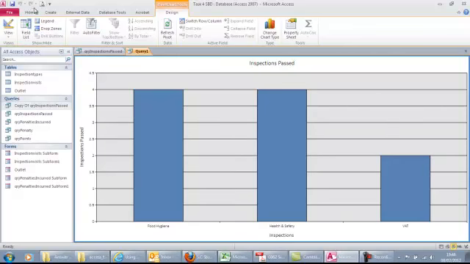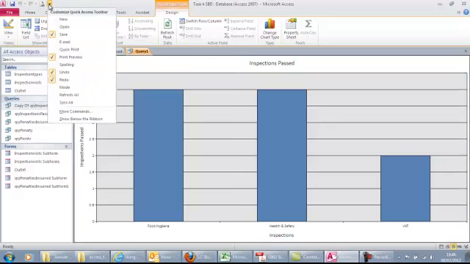You were also asked to print it, so you could use the print icon here. I'm going to just go on the